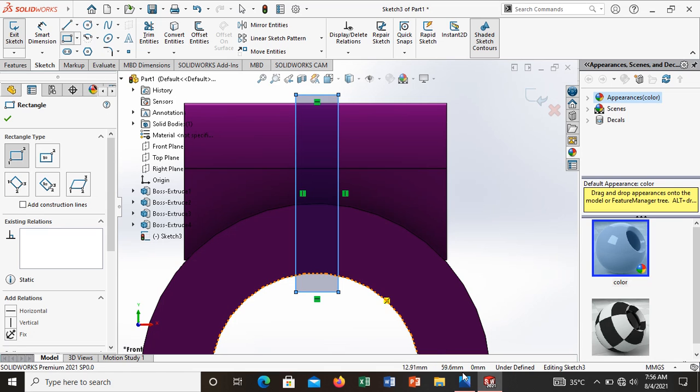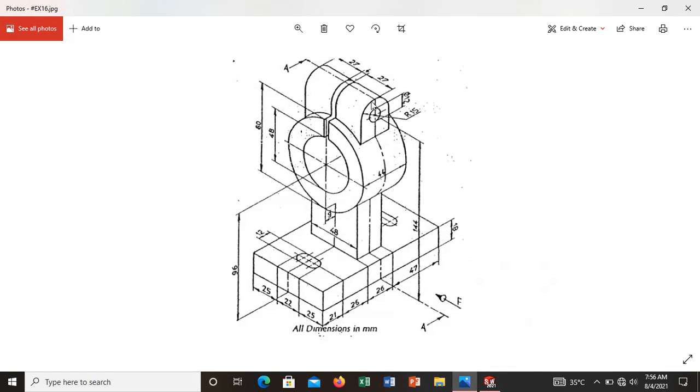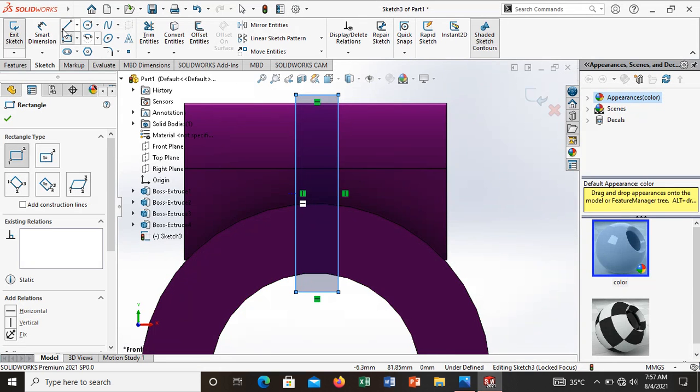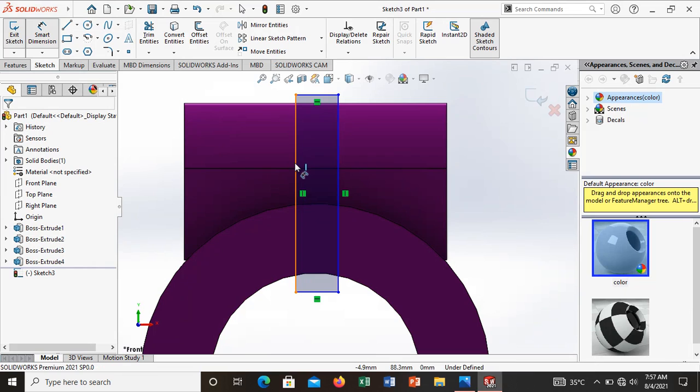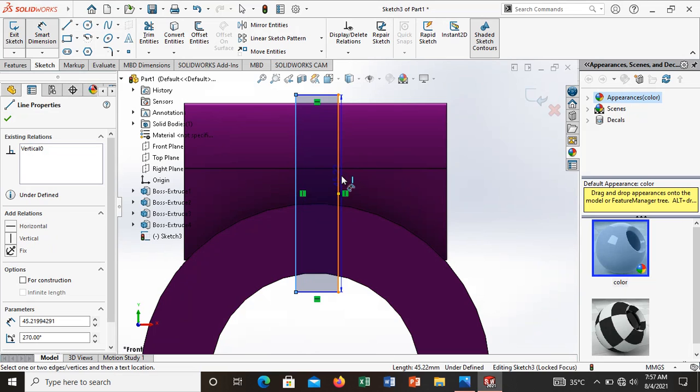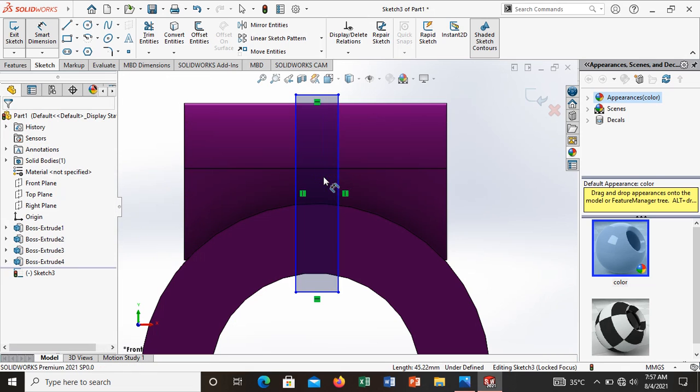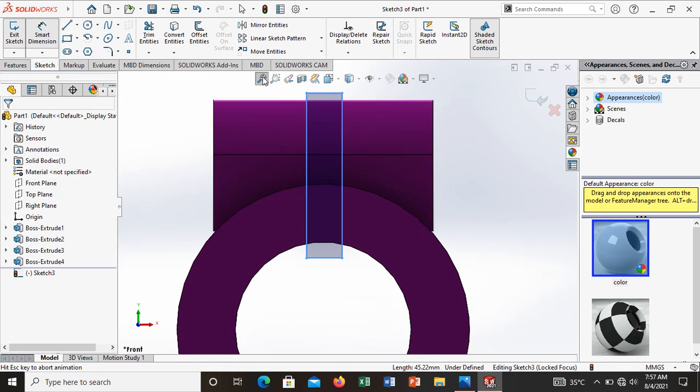Check it out, they have given a 6. Make the dimensions here to here. First the center position, you make the center position a little bit.